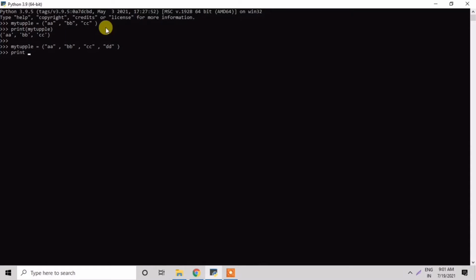I'll print the length, that is len, of the variable my tuple. The brace is closed, and the output is 4 because there are 4 values in this. The length is 4, that is A, B, C and D. We are asking for the tuple length, that is the number 4.